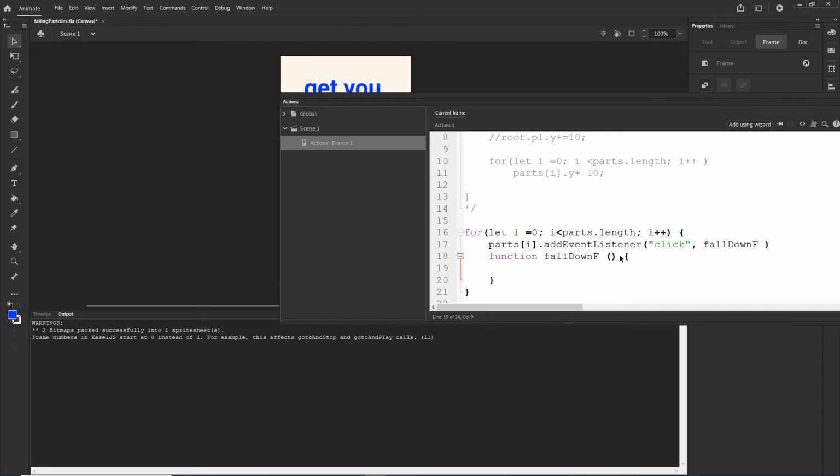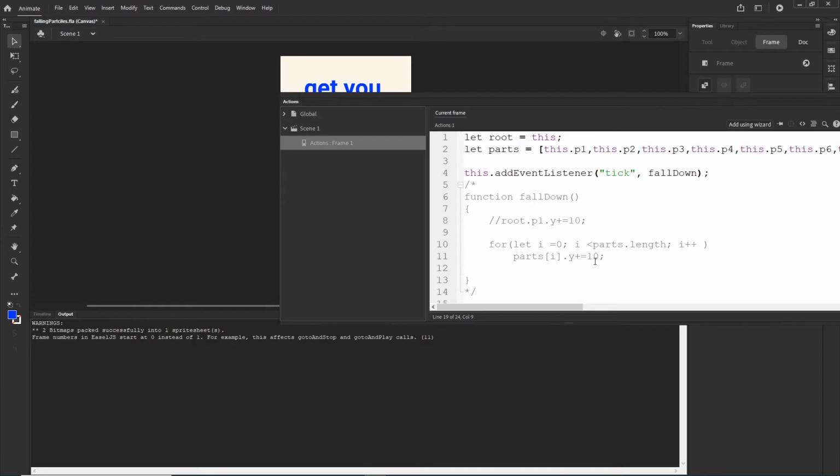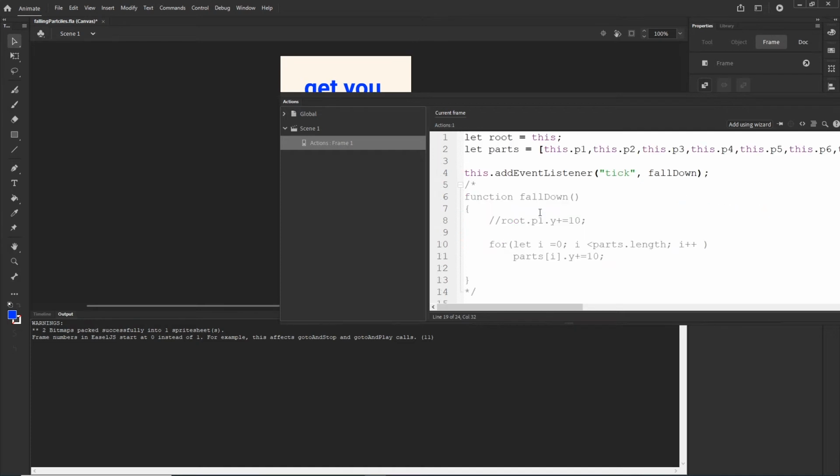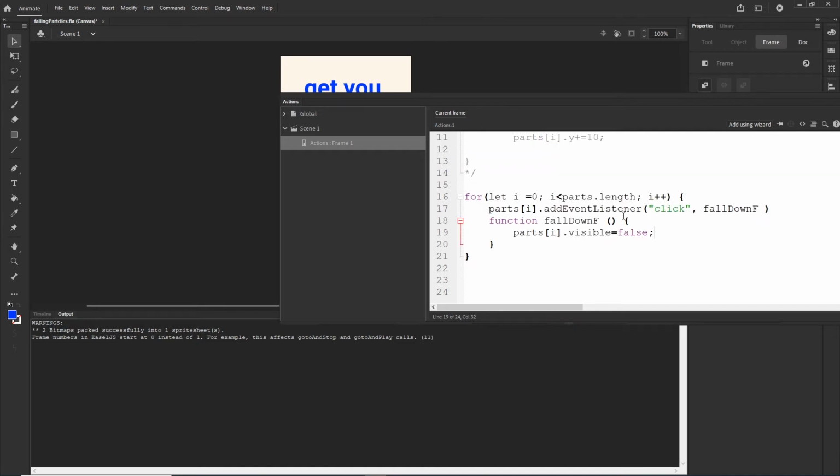and right now what I can do is for now type parts I visible is going to be false. So basically this whole code means that we have the for loop. So the I is going to be from 0 to 9. So it is going to include all of our parts from our array,